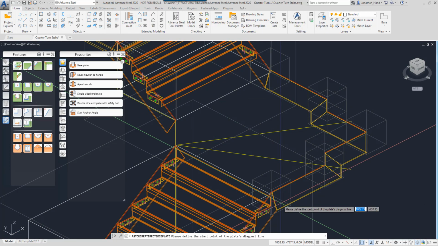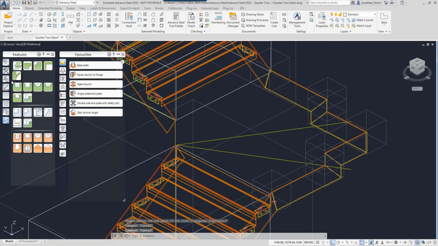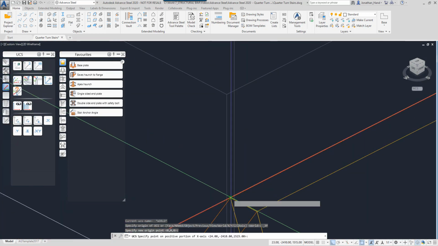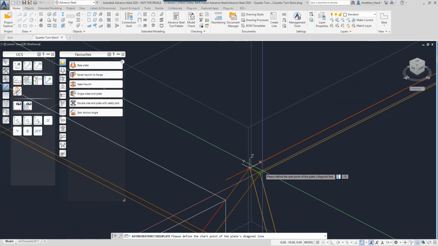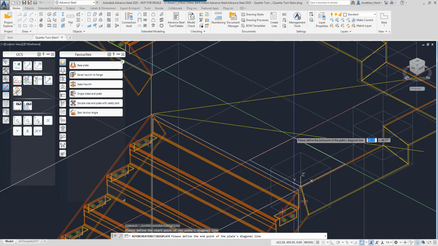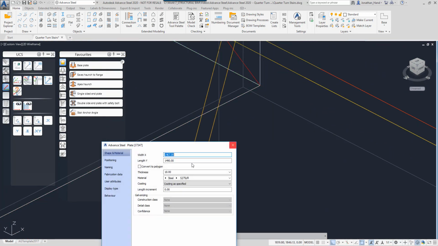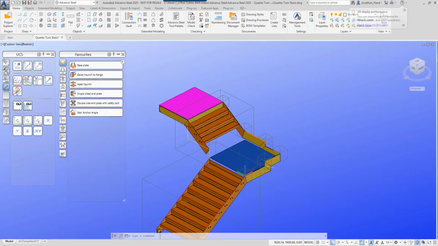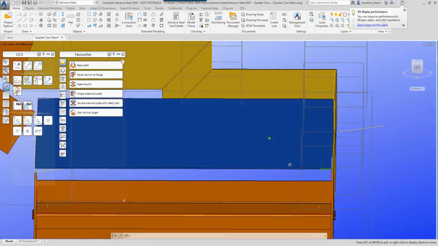So 2 points from, let's say, here. To do this, I might want to just get my UCS at the correct point. So I'm going to put it on top of the stringer there, and then draw my plate from that point. You can see the plate going in, and if we draw it over to there, and we go with a 5 mil plate. So when we go into wireframe or to realistic, you will see that I've drawn this plate into position,